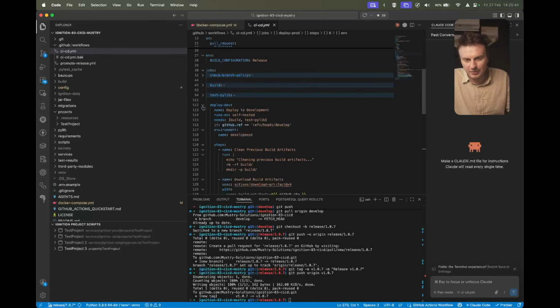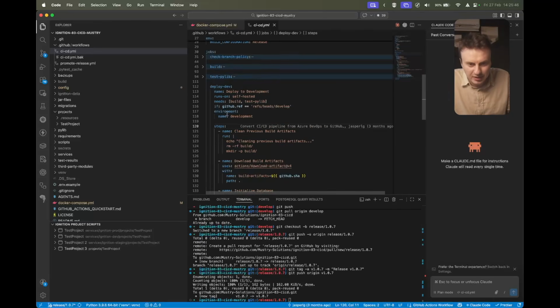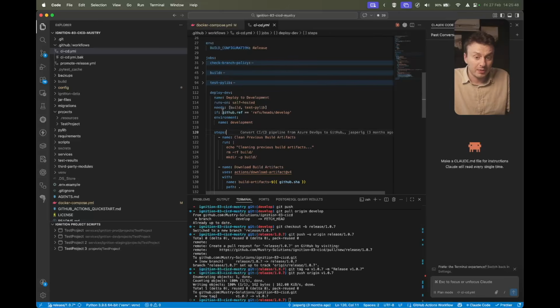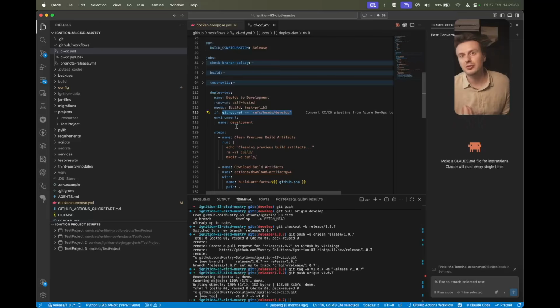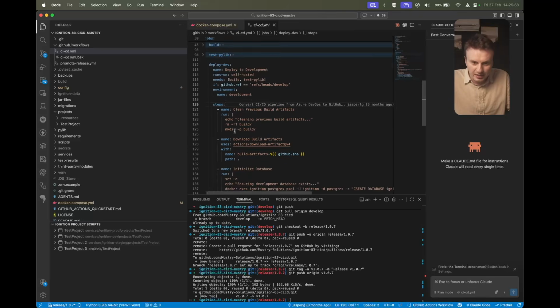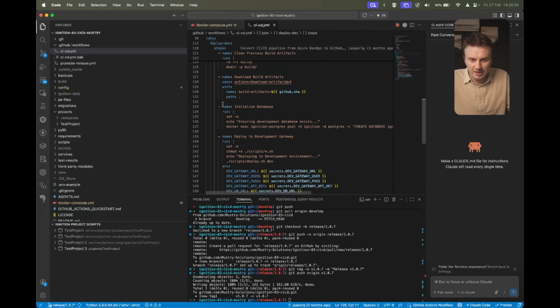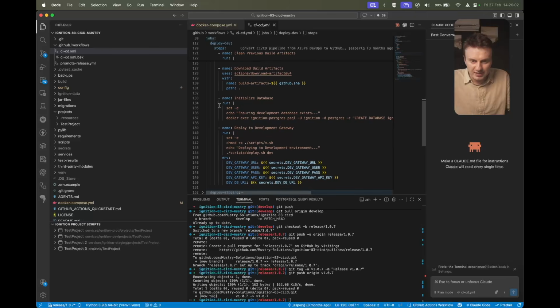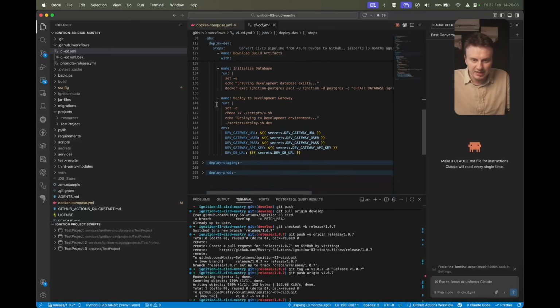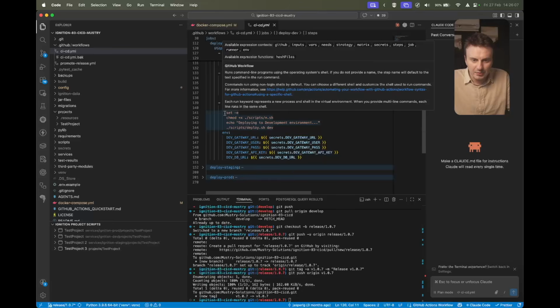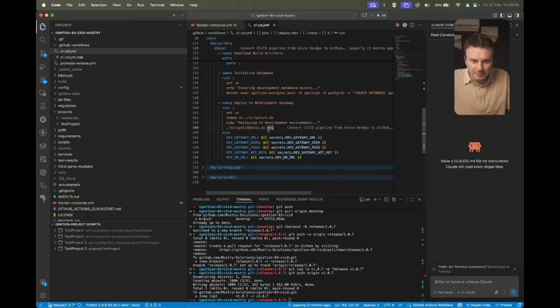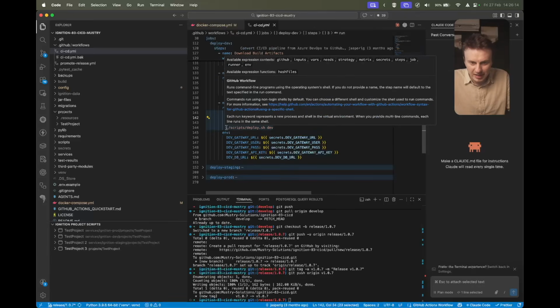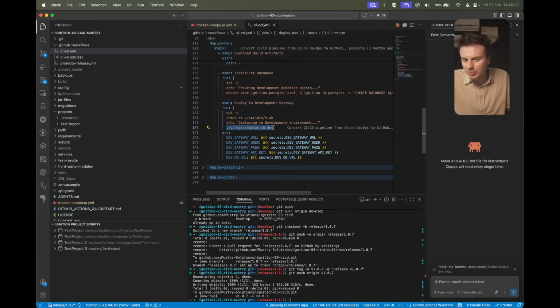And then we have a deploy to development. Like you can see here, there is an if statement that says if we are pushing to the develop branch, then we'll continue. And we can see here what it does. It does all of these steps. It initializes the database, it then does the deployment, and you can see it makes sure we can execute those scripts, and then it goes to scripts and it says